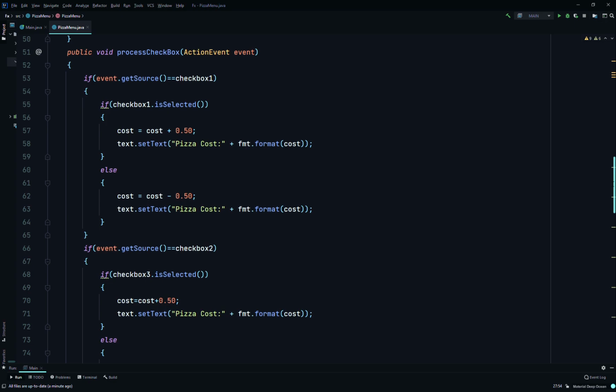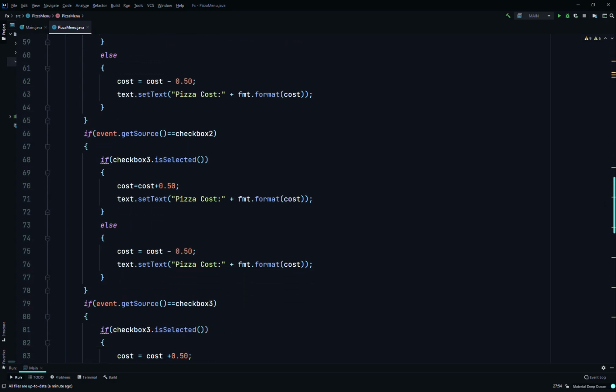Oh, I see what we did. We have two written. We have 3 written more than once. It's supposed to be 1, 2, 3, not 1, 3, 3. So just run it, should be fixed. And now it's actually centered